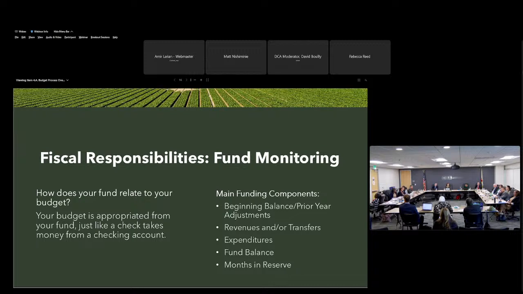So what's the relationship between your fund and your budget? Your budget is appropriated from your fund. It's similar to the check that you write, which takes money from your checking account. The budget office monitors the board's fund using the fund condition. A fund condition is a document that provides an overview of the status of the board's special fund, and it